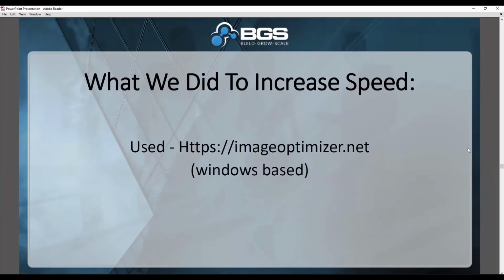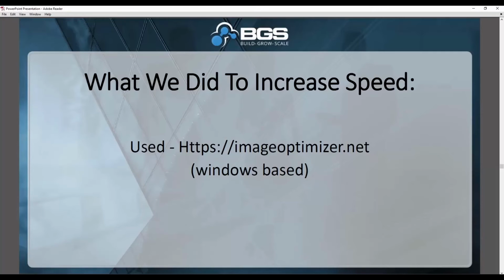I don't even know if they have a Mac version, but I'm sure they do, or something similar. You have to use the Pro version. It's a paid tool. I think it was 30 or 40 bucks. If you use the free version, what's going to happen is they're going to watermark all your images. We did that by mistake the first time. And then we had to go back and redo it and remove all the watermarked images and bring up the